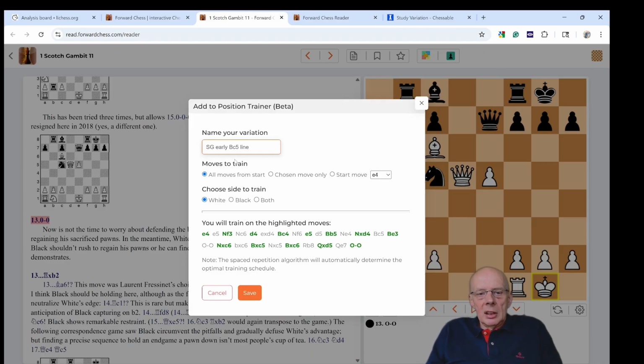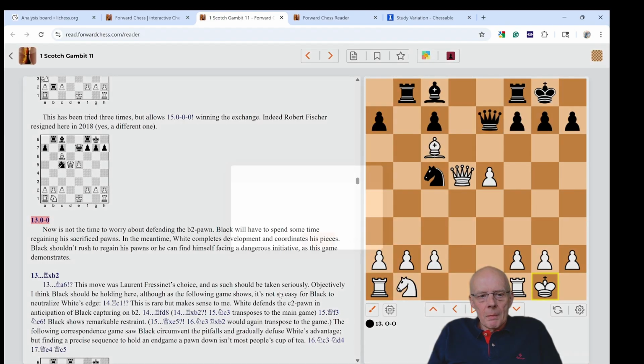And you can see moves to train, choose side to train, right? So you can choose all moves from the start, chosen moves only, or start with move, and you can choose how far you want to go into the line and which sides you want to train. If you save,